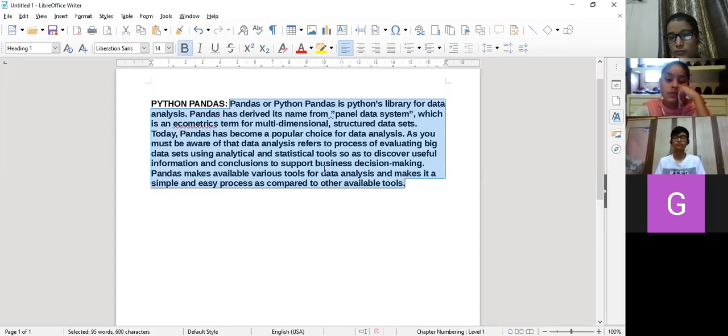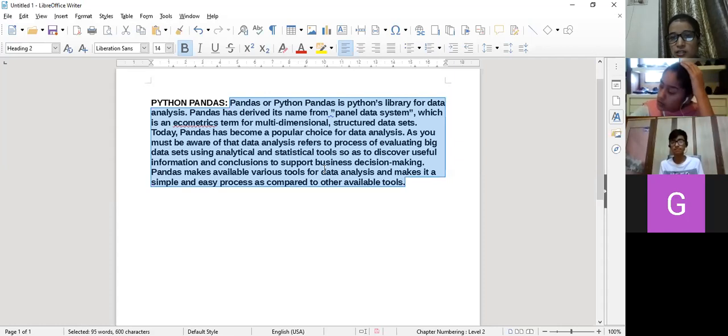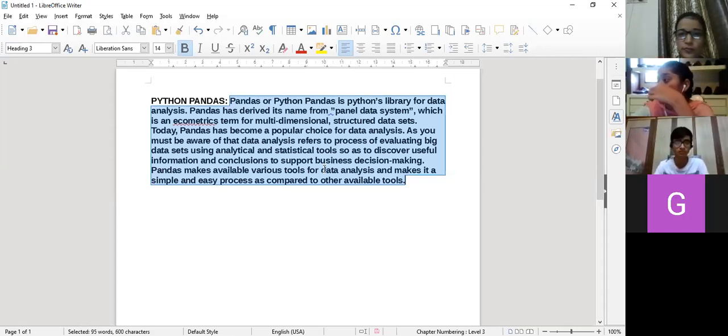See, this is Heading 1. Clear? Control plus 2. This is Heading 2. Control plus 3. The size and boldness have increased. Only the boldness has increased. In Heading 1, there's less boldness.